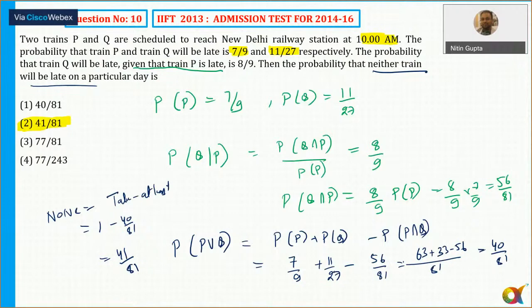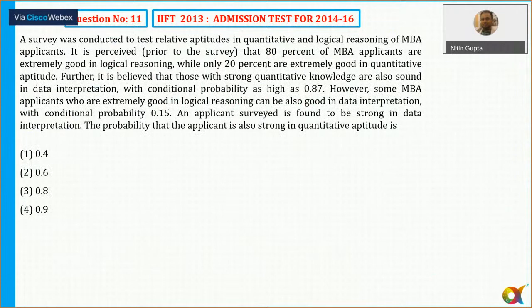Okay, let's move to the next question then. Question number 11. Again, probability. It says a survey was conducted to test relative aptitude in quantitative and logical reasoning of MBA applicants. It is perceived that